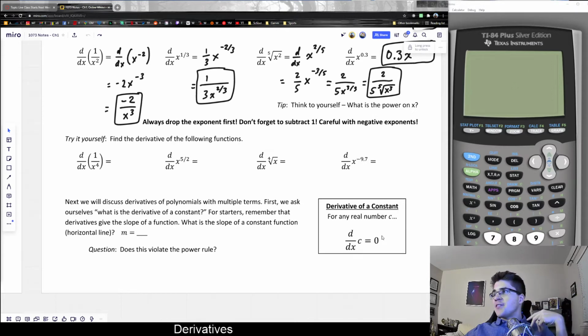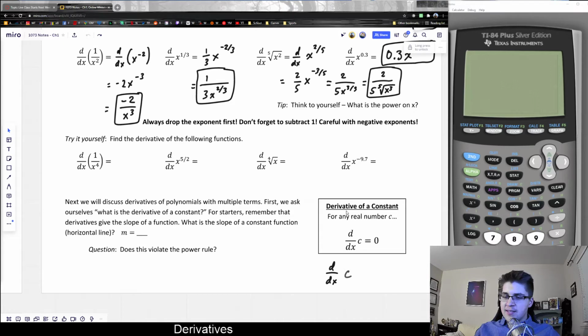So this is another thing I'd recommend remembering. The derivative of a number, and notice this does not involve x, is just 0. It will cancel out. And so first of all, does this violate the power rule? Since a constant has no x,